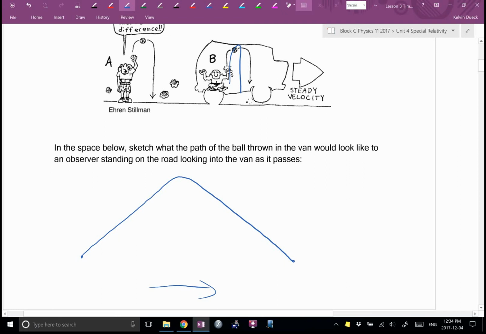You okay with that in your imagination, Cole? You got to use your imagination here a little bit. But Dylan, we're saying if you were standing on the side of a road and you had a van with a glass wall, the person in the van would think that they had tossed the ball straight up and down, but you would see the ball go like that because it's also moving forward while it's moving up and down. Which one is correct? Einstein said both are.